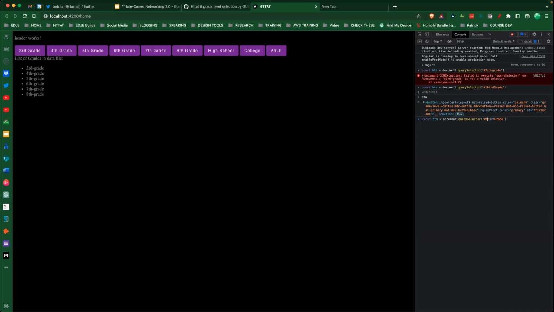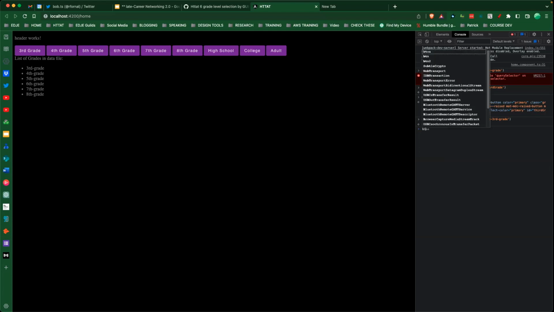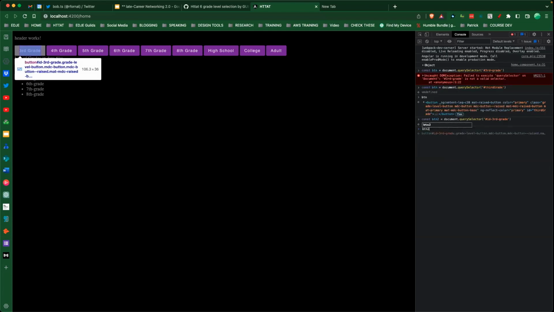And we can't reuse button, but we can do ID 3RB hyphen G, but we also have to make this a new one since we used a const here. That works. So we just have to put an ID before it. And so it got the right button. Okay. So what that means then is in our code,